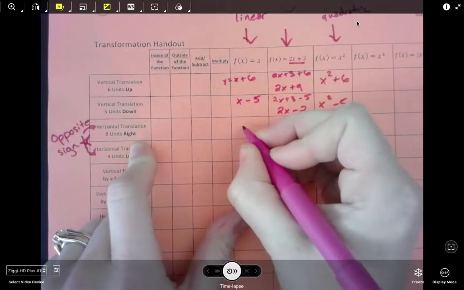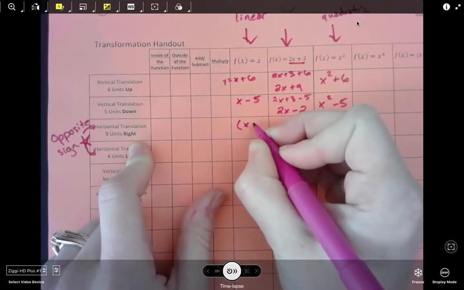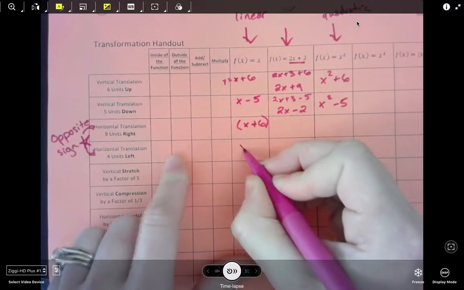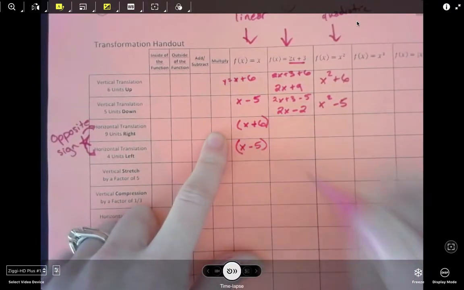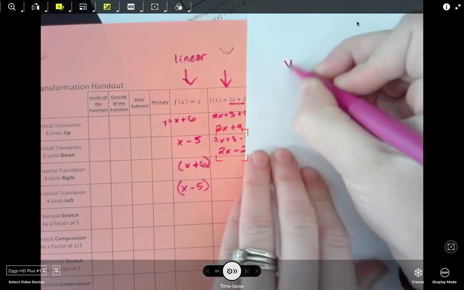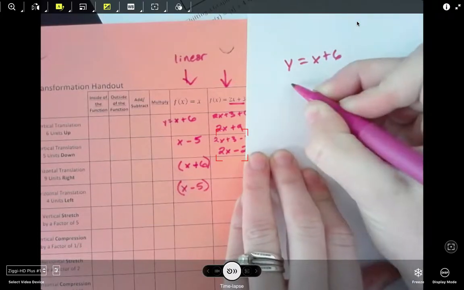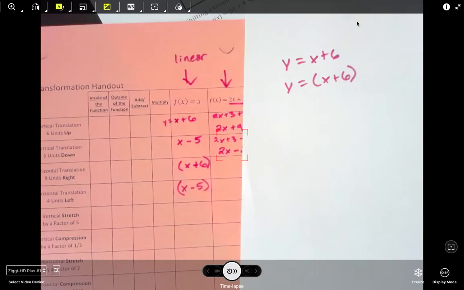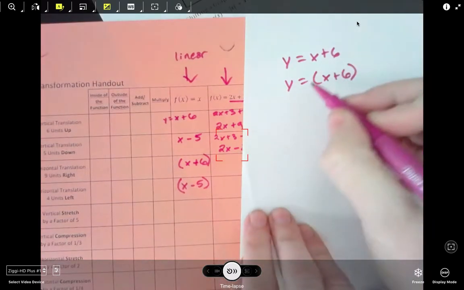Okay? And I'm going to go ahead and put x plus 6 in parentheses. Okay? And x minus 5 in parentheses. Now, for a linear function, for when it is just y equals x, doing y equals x plus 6 like this and y equals (x plus 6) like this is no different. Does that make sense? The parentheses are not really doing anything unless there's a number off to the side here,